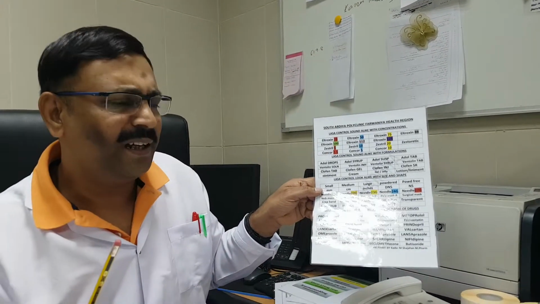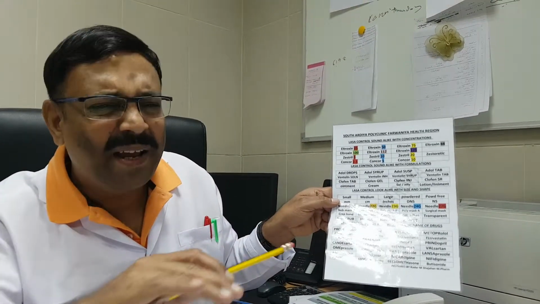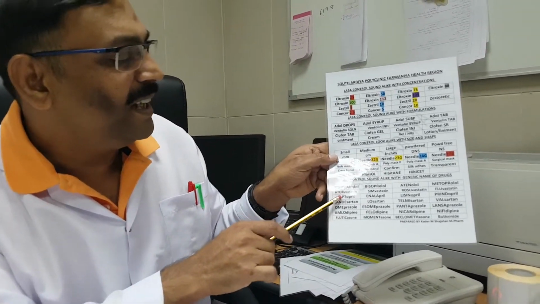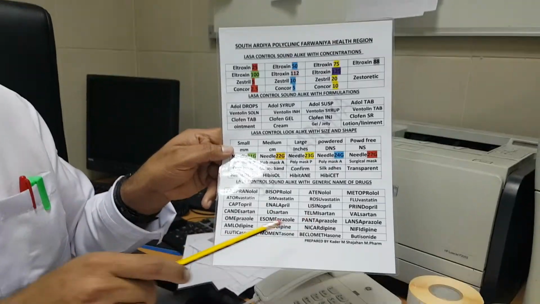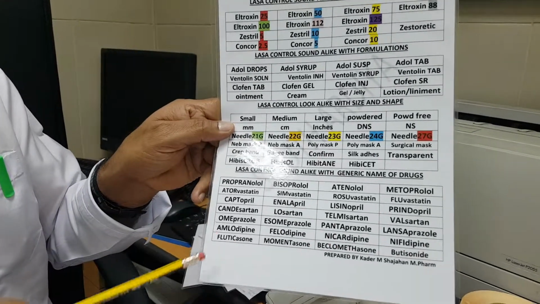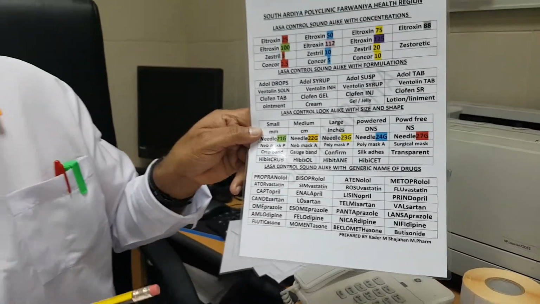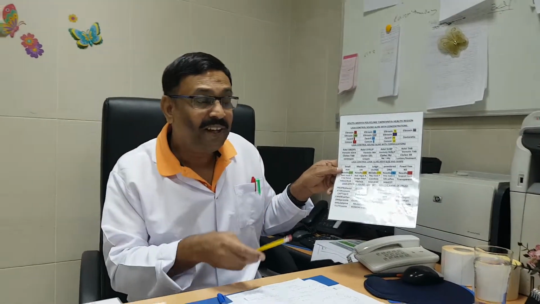Okay, whatever the storage problem, stock problem, we can manage ourselves. But there is another problem, I will tell you later. And see here, again, LASA with the generics: atorvastatin, simvastatin, so many statins we have, so many prils we have: captopril, enalapril, lisinopril, omeprazole, pantoprazole, amlodipine, felodipine, propranolol, bisoprolol, atenolol. So these are all very important as far as LASA is concerned. So I said we can solve our problem in the storage ourselves.